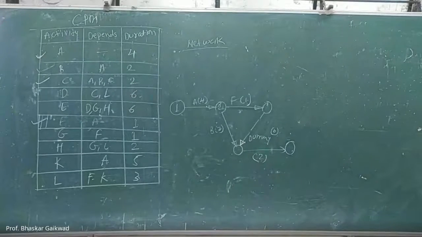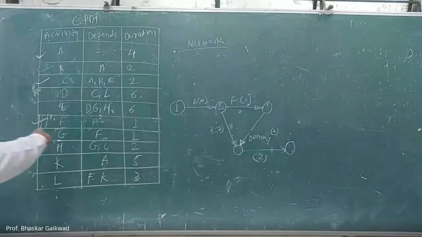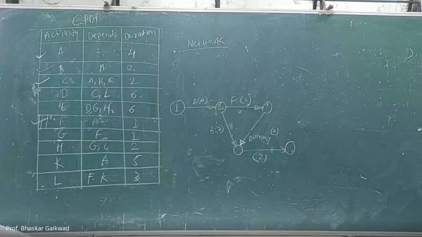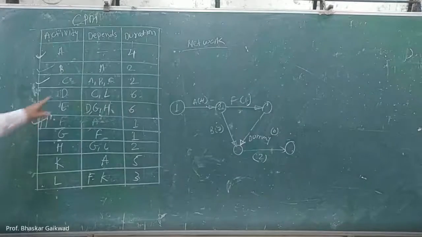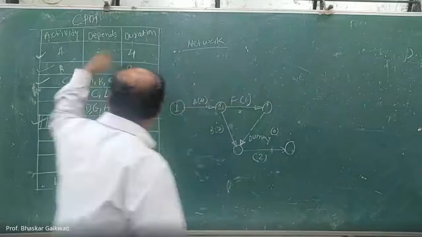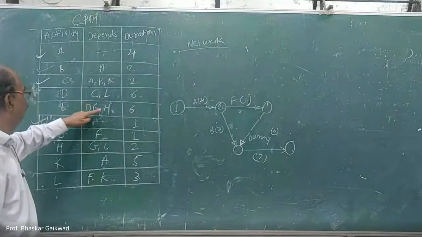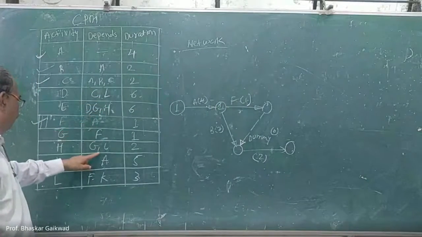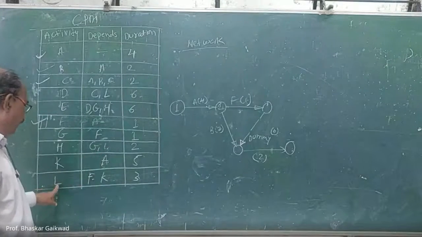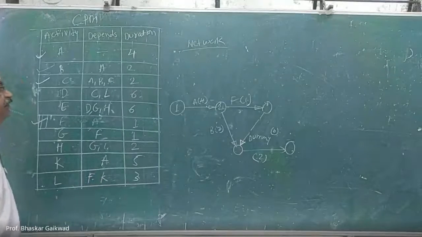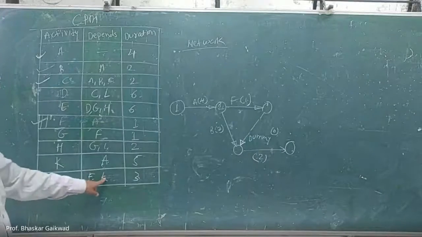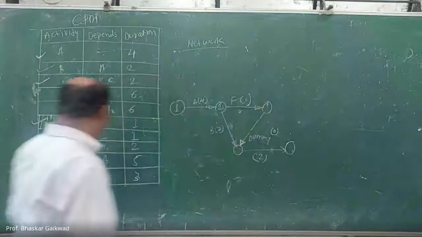And from C, this is over, F is over. Now D. D will start from C and L. Where is L? We don't know. C is here, L we don't know. Find out where L is. L is here, on the backside of this. L will start from F and K. F we have. But where is the K?